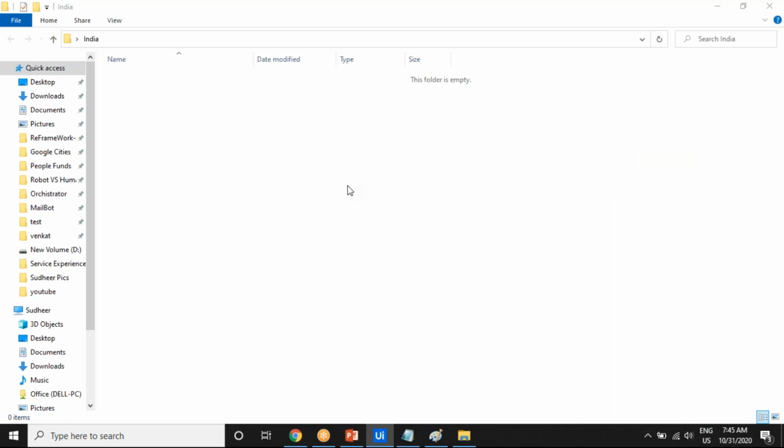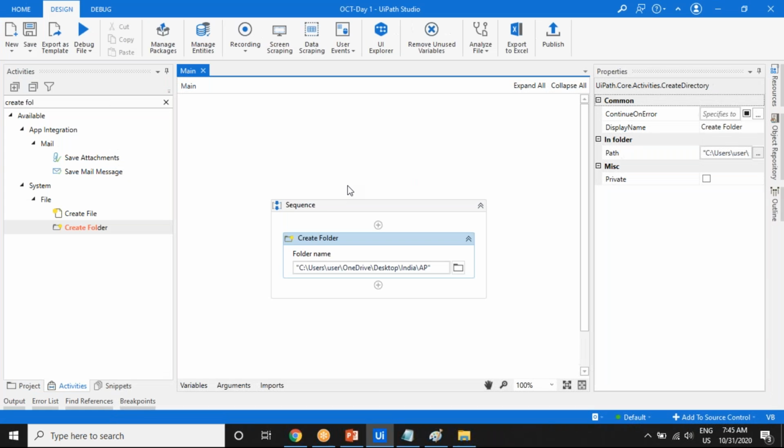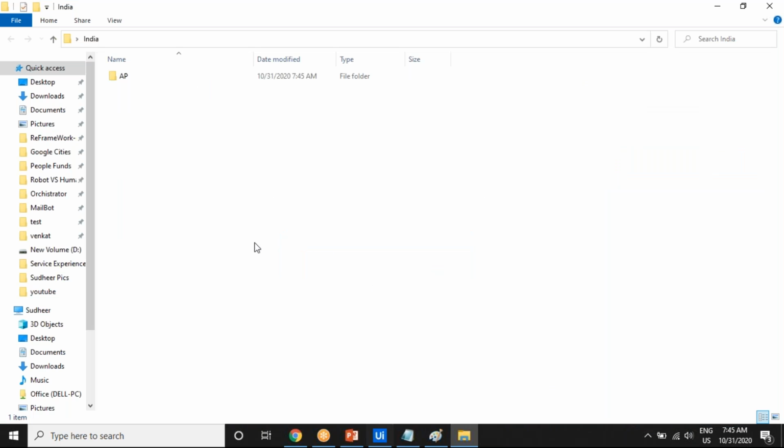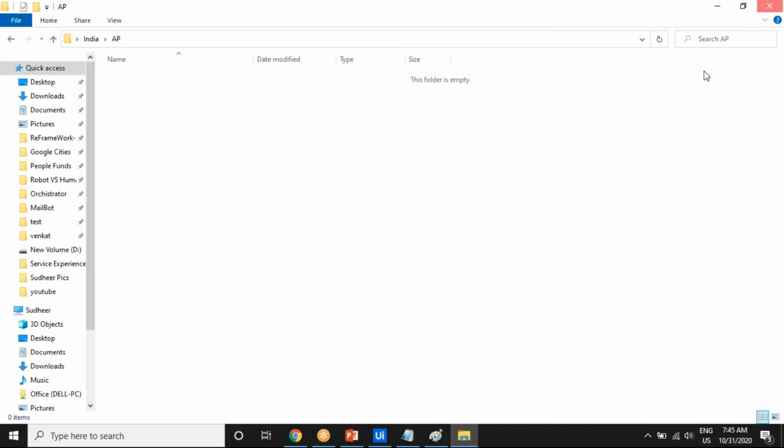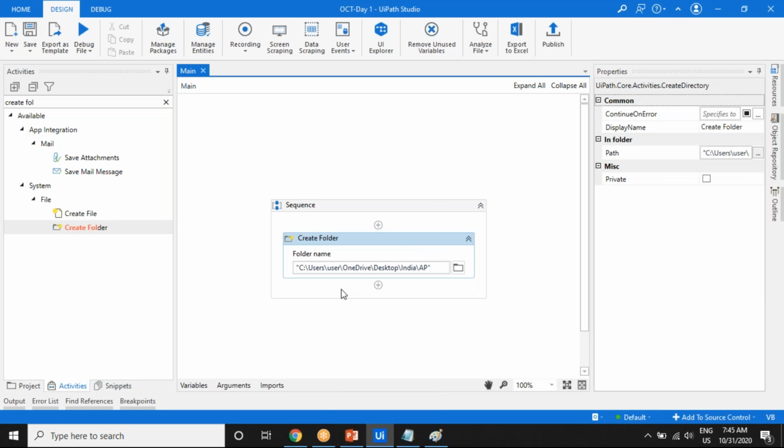Creating a simple file, one folder, is not a big thing, right? But how do we want to create folders within that? Suppose for example here, how many folders are there? The India folder is there, within that the AP folder is there, right? But inside that, if you want to create multiple folders,